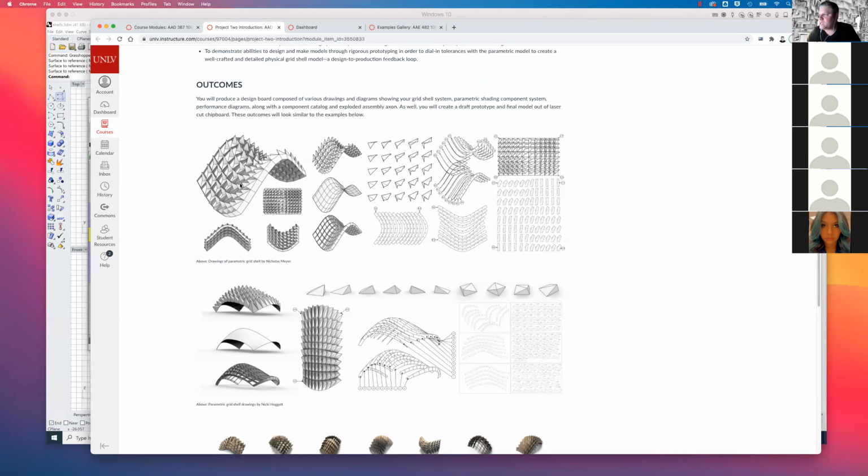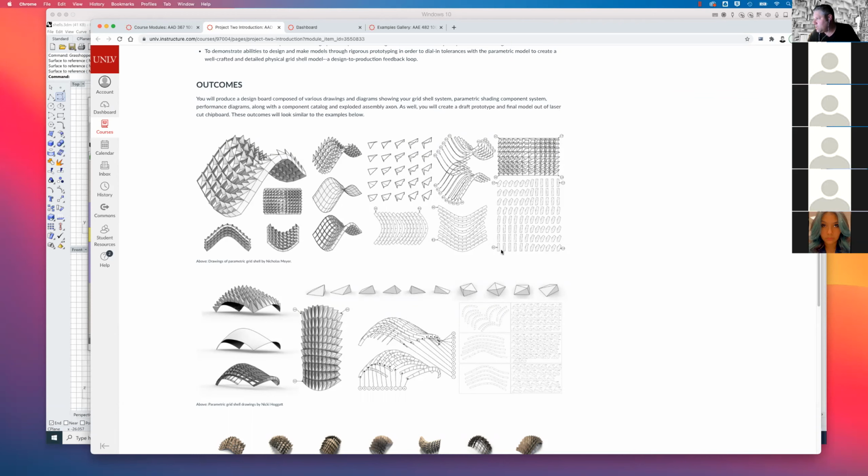But each one is slightly different because each cell is slightly different, and each cell's orientation to the sun is different, right? And so we can begin to differentiate each of these components so that the south facing cells perform in a certain way, the north facing cells perform in a certain way, etc. Right? And then you can see how this gets laid out into a set of components that can be